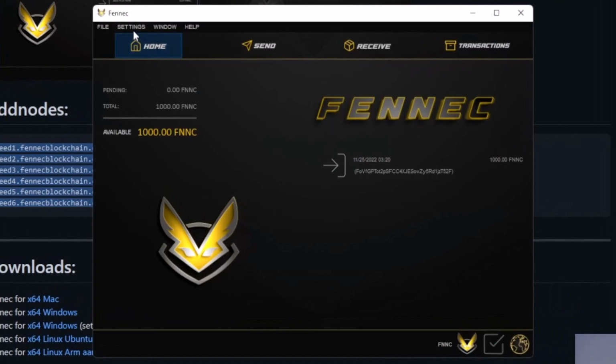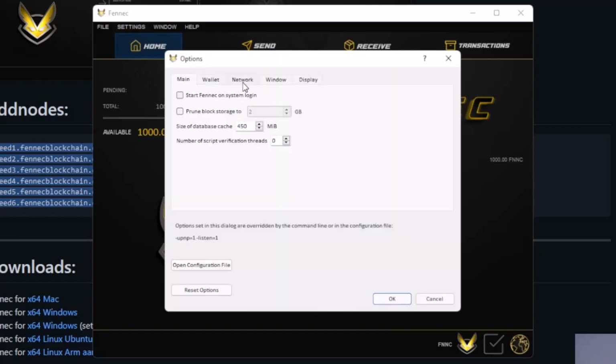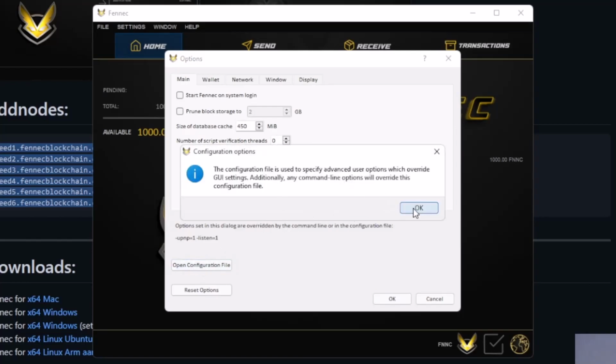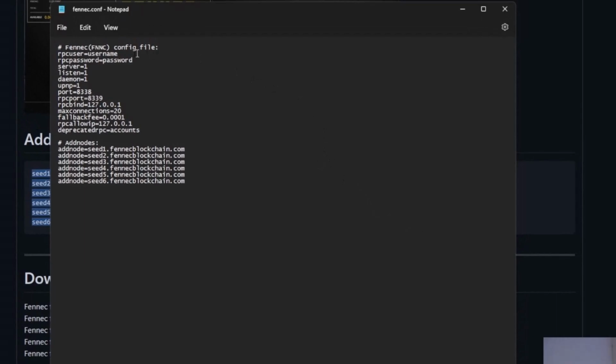In the section settings you have options. Click on these options and it will open this window. You have here open configuration file. Click on this button, click OK, and it will open the configuration file. You need to add nodes manually. In this section, add nodes, here